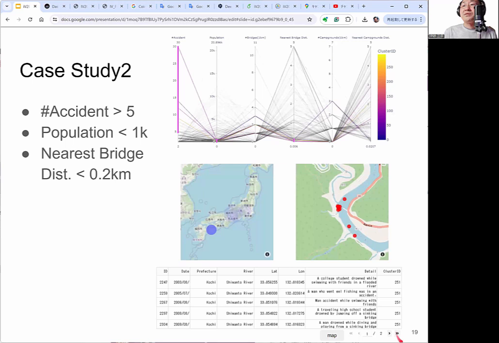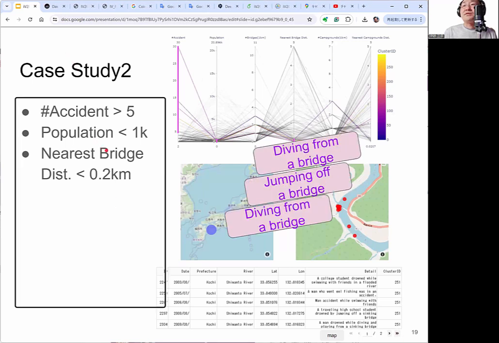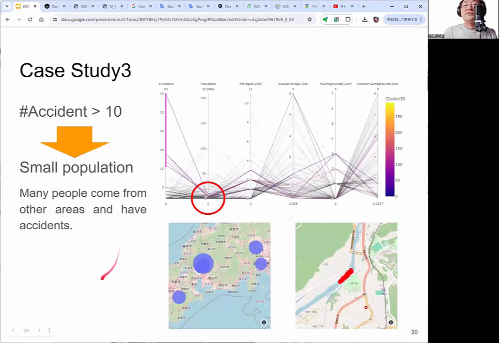So the last one, we select the number of accidents over 10, like this. Then each cluster shows a small population. That means many people come from other areas to the countryside and have accidents.